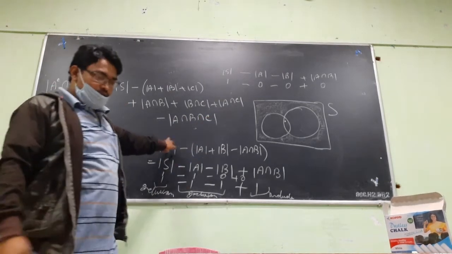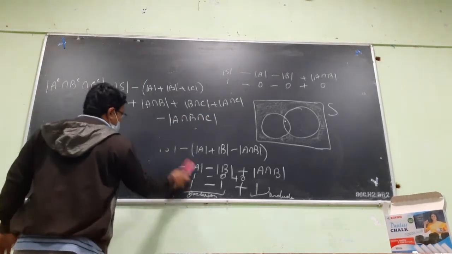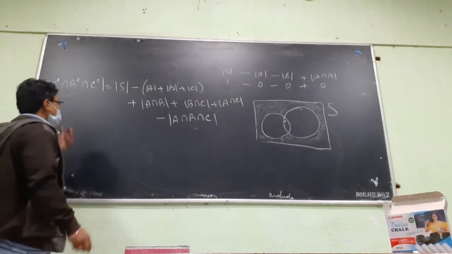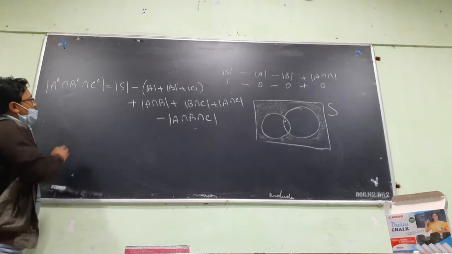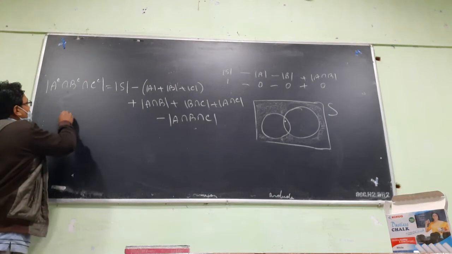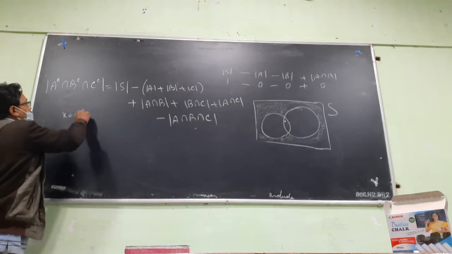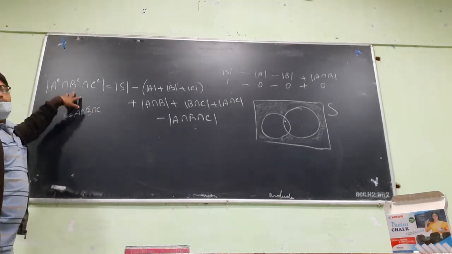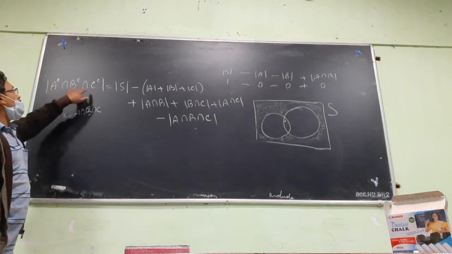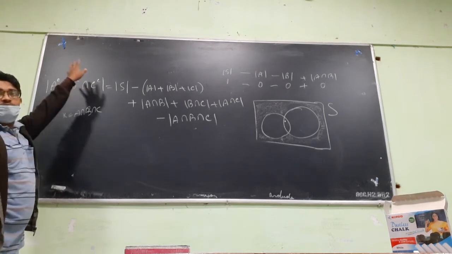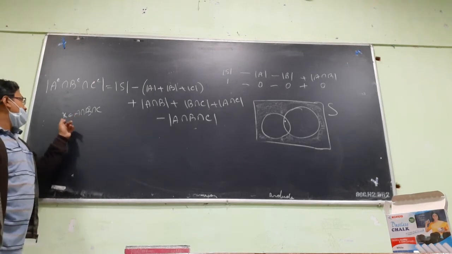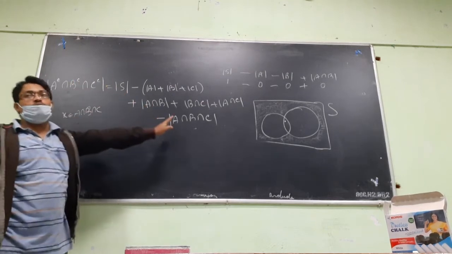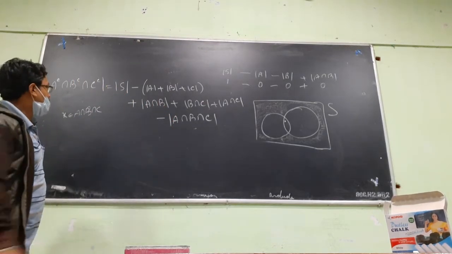Okay. So for this combinatorial argument, yesterday I got confused. So it's nothing to be confused. Simple. So suppose an element belongs to all the 3 sets. Okay. If an element belongs to all the 3 sets, it is not counted on the left side, because the left side contains all those elements which do not belong to any of the sets. Okay. So whenever an element belongs to all the 3 sets, it is not counted on the left side. So on the right side also it should not be counted. Okay. Let us see whether that happens or not.